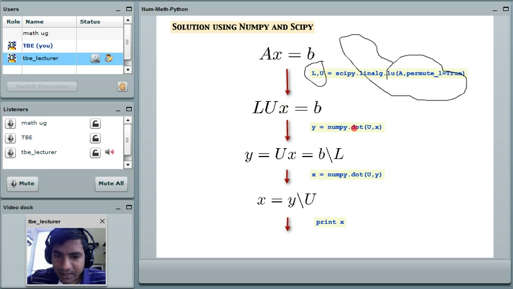So once you get this, then Y is nothing but the dot product of U comma X, which is the operation I am performing. U into X gives me Y. So once I have that,